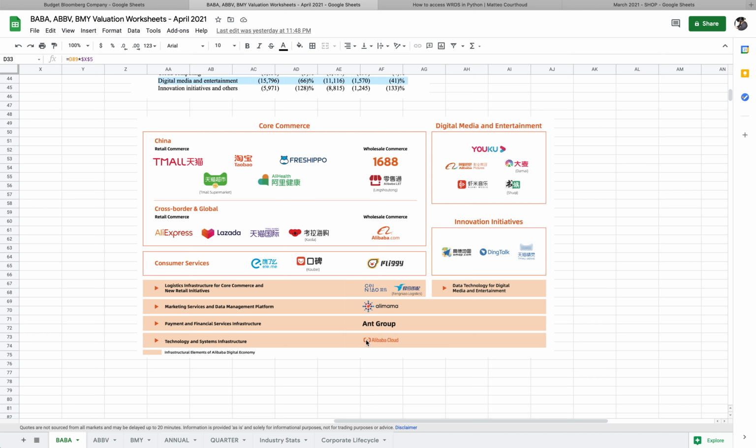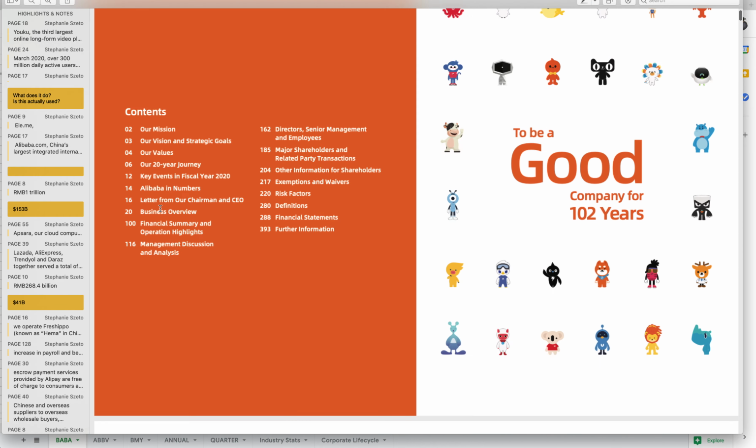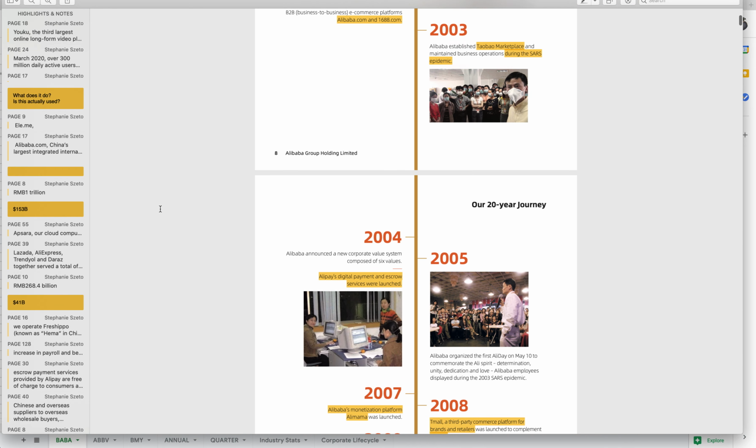So they're also a cloud platform and provide cloud services and infrastructure for companies that want to build on top of that. So if you think about it, this actually mirrors a lot of what Amazon has been. So it's really interesting because if you look at the history in the annual report, I'll just pull it up really quickly. They actually have a timeline, and it's interesting to look at how this is compared relative to